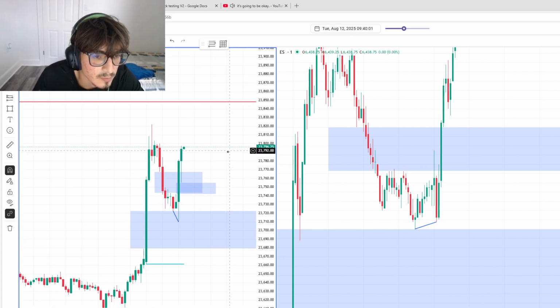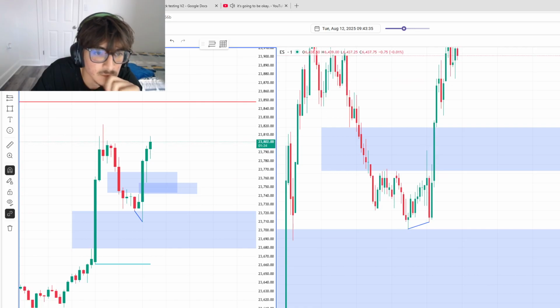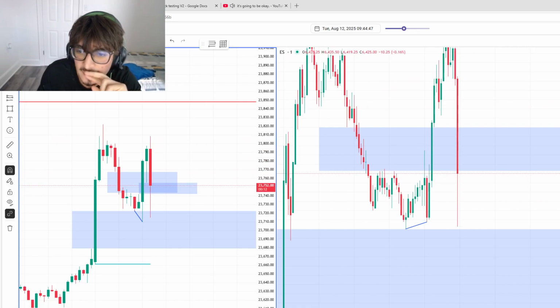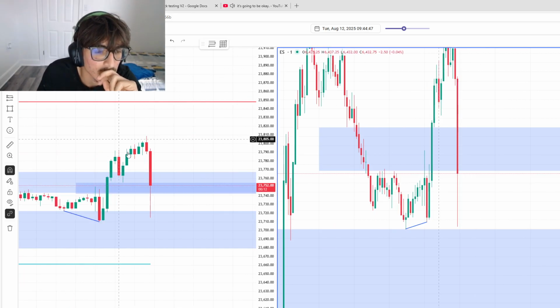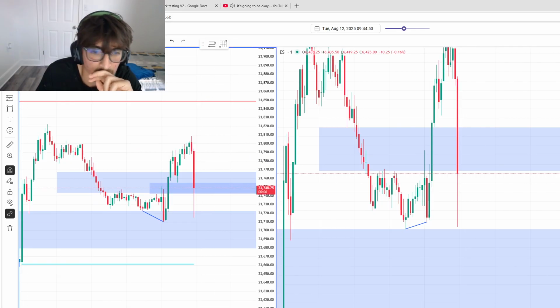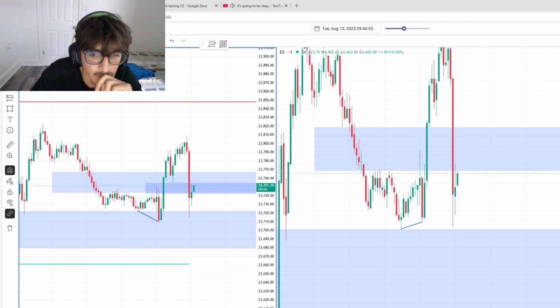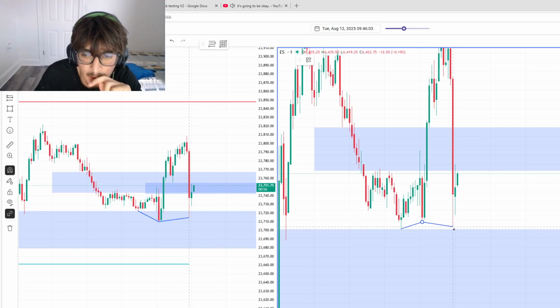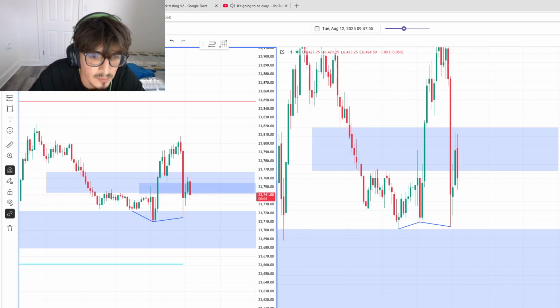Okay, so what I do want to see is a retrace into this 5-minute gap. Okay, we got that. And we also have an SMT on the internal lows as well. We'll see what happens. For right now, looking pretty good for longs. If we inverse this in one candle, we are also going to... Even though we got data highs, our data lows still showing me exactly everything I want to see for some longs.